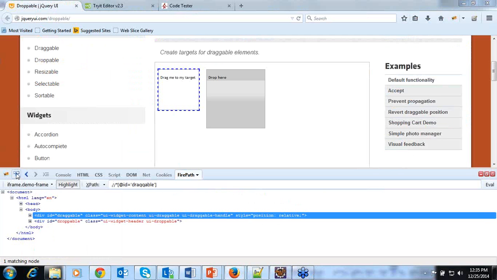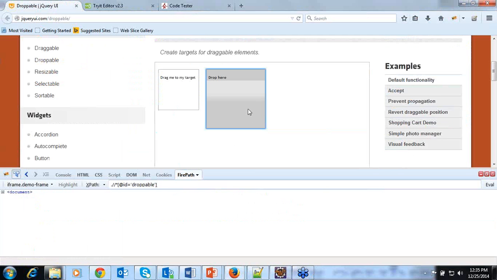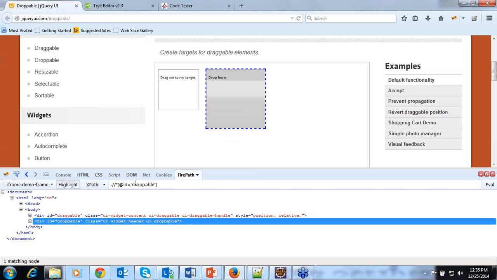Let me try the element locator of the second element. This one is getting identified by the ID called draggable, and the second square box element is getting identified by the ID called droppable.